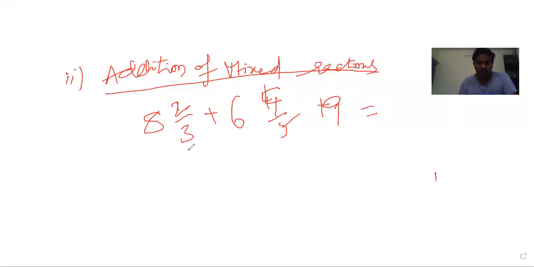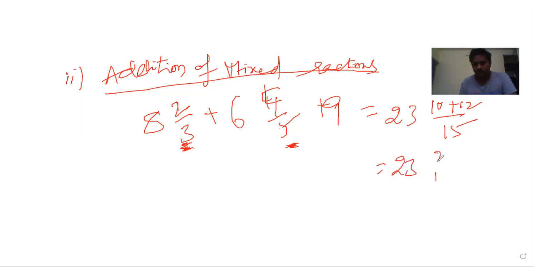Now here we see 2 by 3 plus 4 by 5. In this, here 3 is the denominator value, here 5 is the denominator value. Here the LCM of 3 and 5 is 15. So 3 divides 15, 5 times, 5 2s are 10, plus 5 divides 15, 3 times, 3 4s are 12. Here 10 plus 12, 22, 22 plus 9 ...